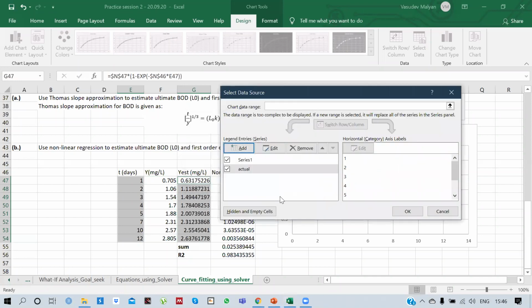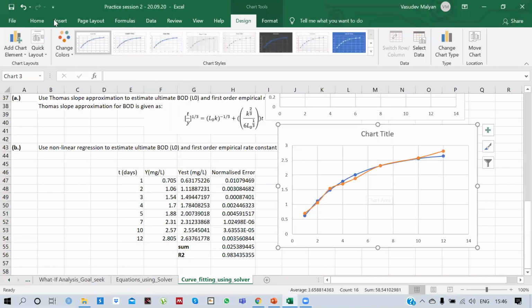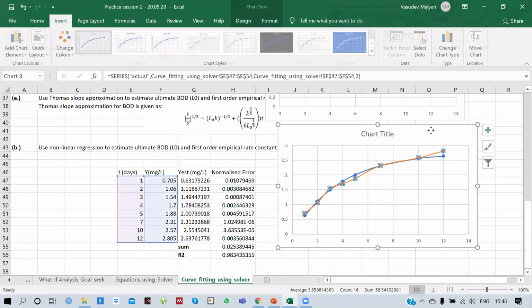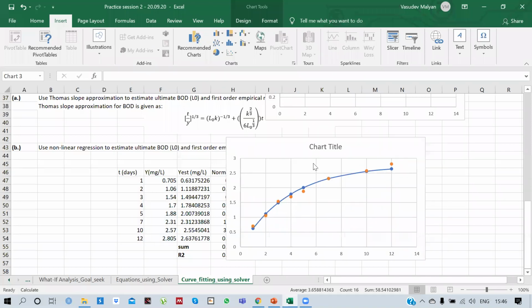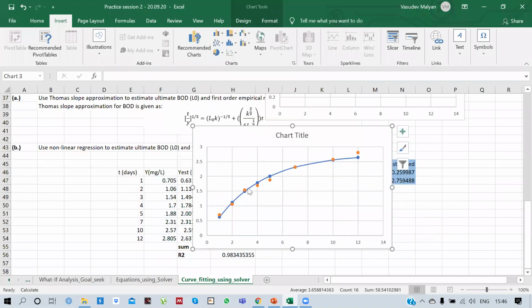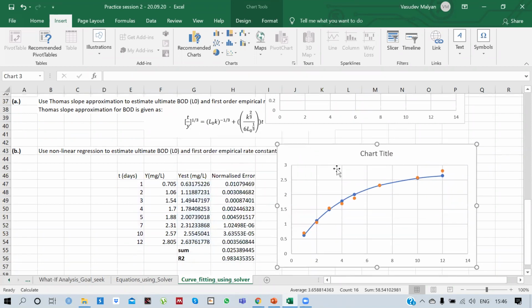So press OK, and you can change this to this. So you see that you can understand that your estimated values and your actual values are very close by. So your equation or your model that you have created is valid for this particular case.